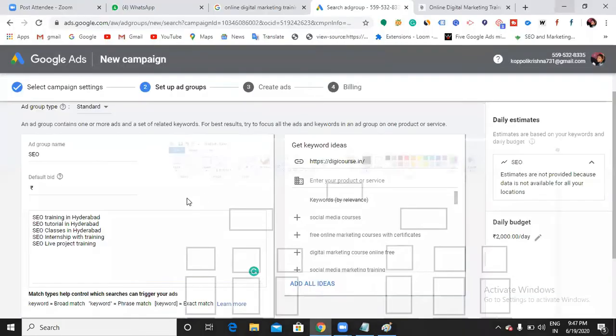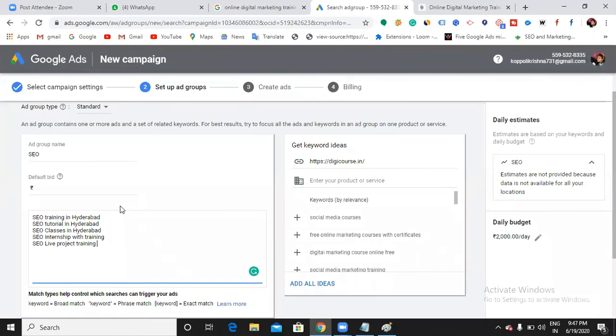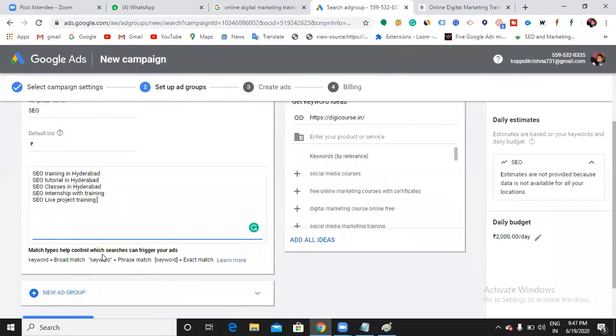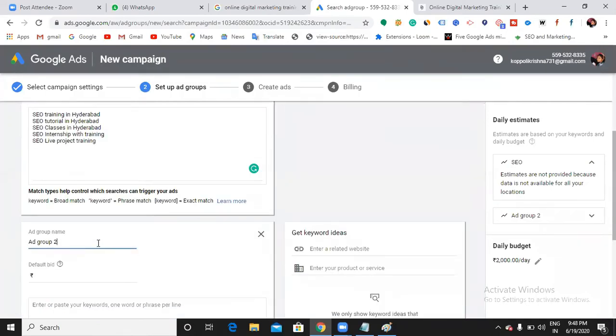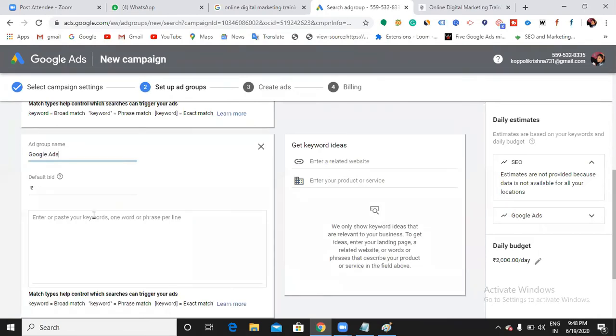In such a way, I can create ad groups, right? I can create 10,000 ad groups. If you want to create one more ad group, you can just click on this new ad group. Give a name for your ad group again. I just want to give an ad group called Google Ads. Okay, so give keywords again, insert the keyword Google Ads training,